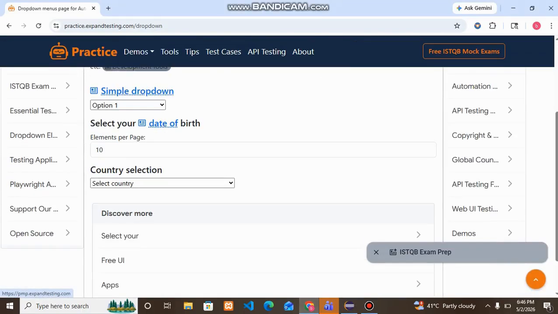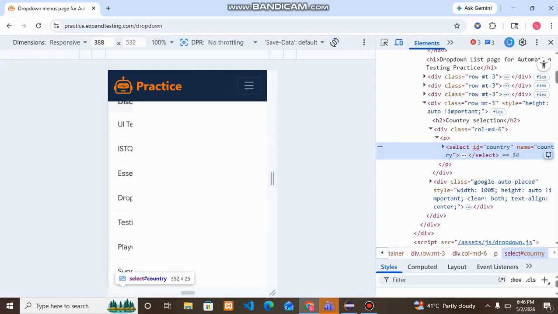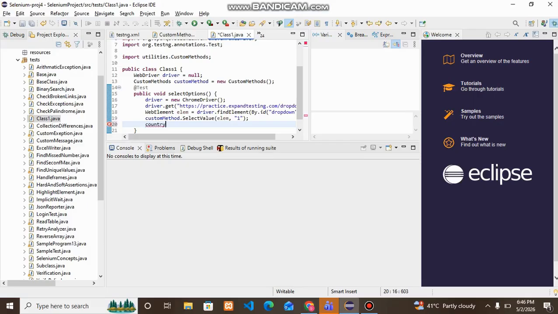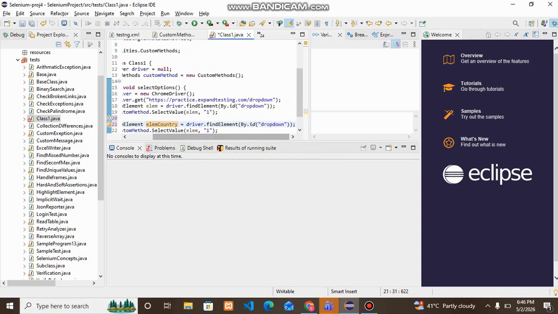a locator for this country selection, and I'm going to use index for this second drop down. Let me check the ID for this. The ID is country. So we can copy this code and modify it. WebElement country with ID country,